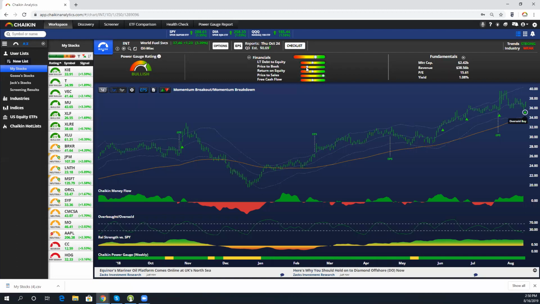If you're looking for day trading type information, we're not really set up for day trading because we only change our core functionality, the money flow, relative strength, and power gauge every day. Some of the other platforms are actually updating things like overbought, oversold. They may call it RSI. And the charting would be a little bit more detailed. Certainly we can predict through this screen stocks that may make a decent trade, but to actually set it up,